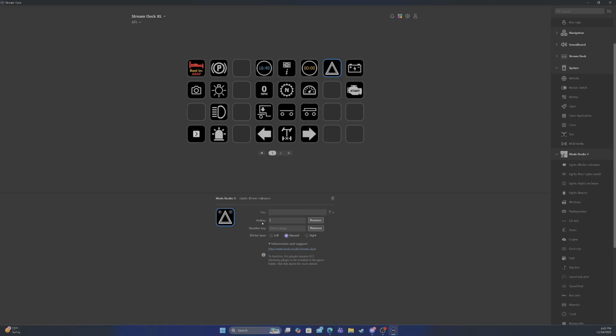So it will turn on your flashers, and that will actually flash red as it is going as well. So as you are in the game and you hit that button, it will flash just like the indicator will flash in a real vehicle as well, right? And so as you go along, like I said, let's take this one off because I don't use this one, but you can go in and place any of these